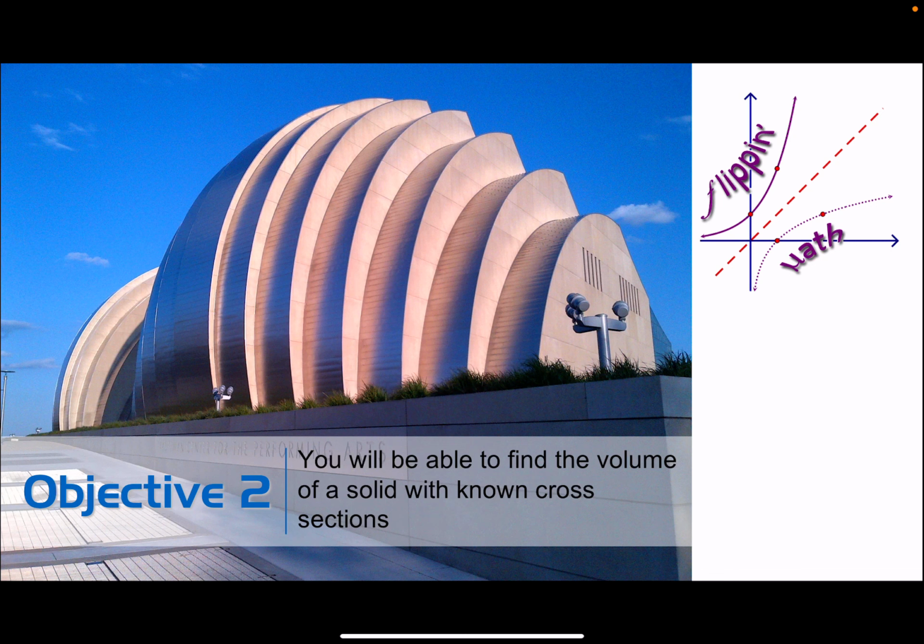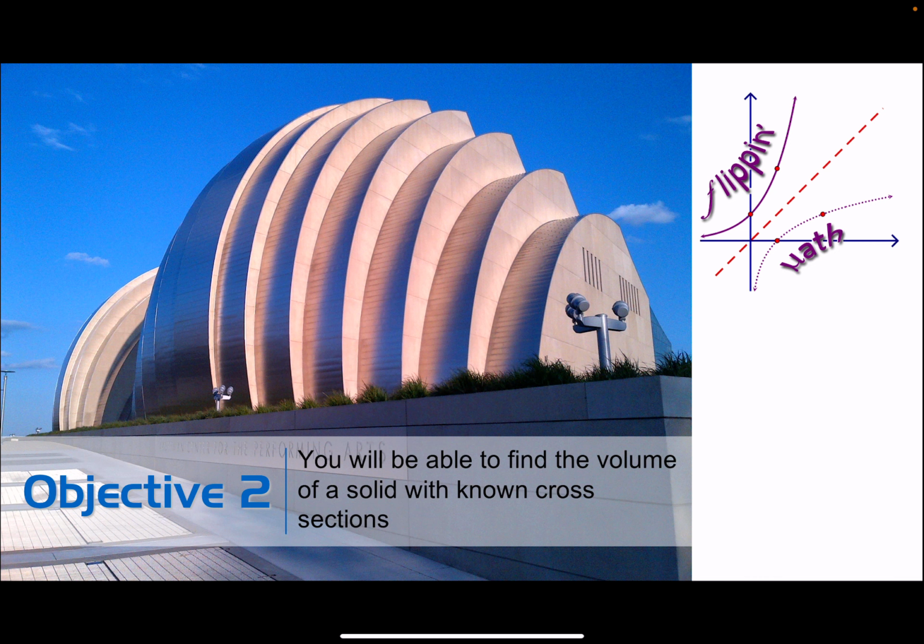For our second objective, we're continuing with our volume focus. This time it's going to be a little bit different. We're finding volumes of solids that have a known cross-section. Now you can make a case for the previous objective having known cross-sections of being, say, little cylinders. They're disks, they're washers, but we're going to generalize it so that those cross-sections can be any kind of similar